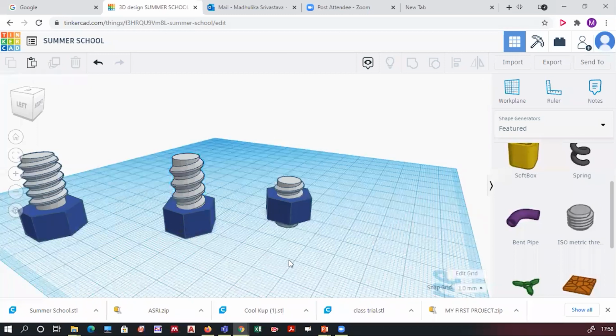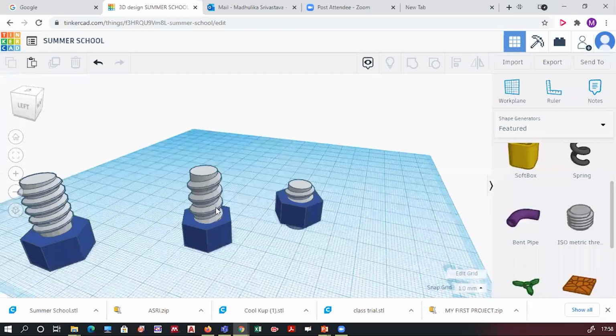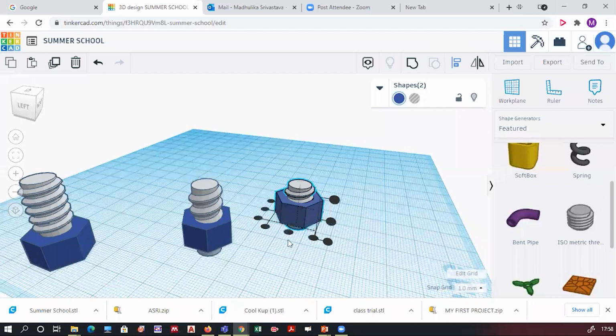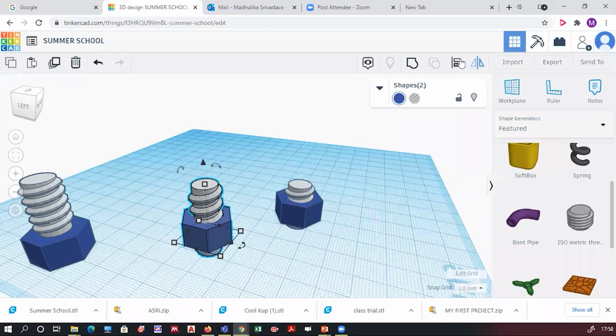Now, those who have done it in this way and those who have done it in this way, in both cases you will drag it inside the nut. Next step, first align them together. Select both the objects, go to align and check whether they are aligned or not. If they are not, just click on the center dots and make them align.